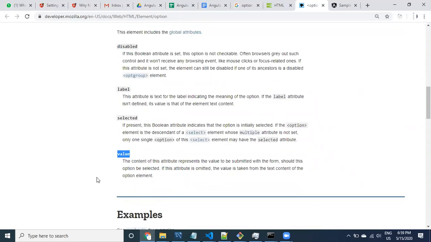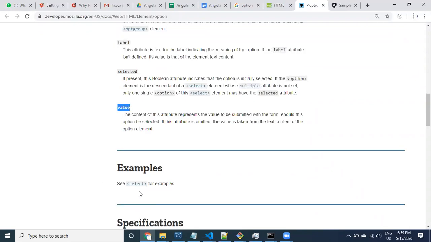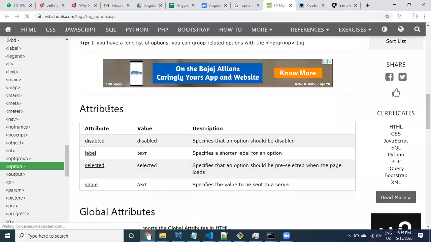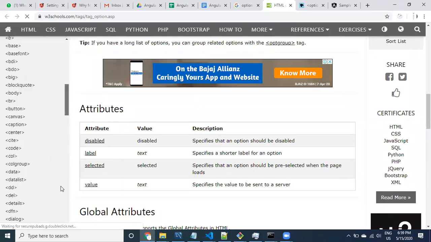Now there are no events available for this option tag. If I go to the select tag, we are using the select tag, click on the select tag.